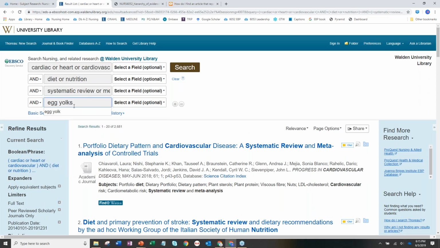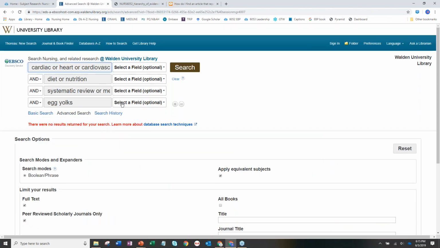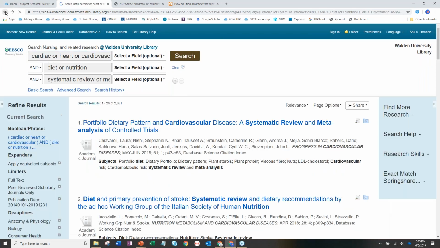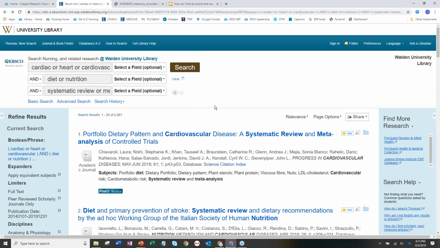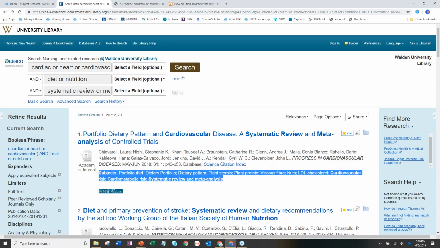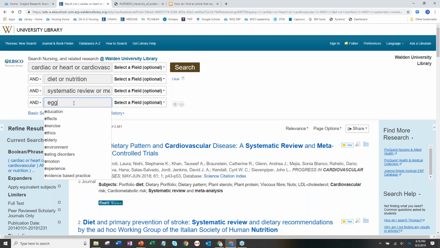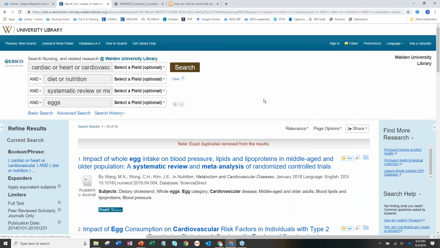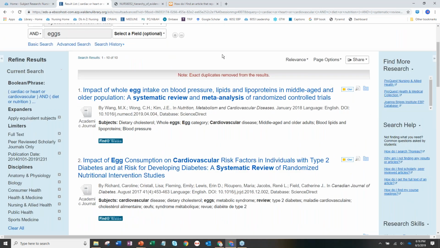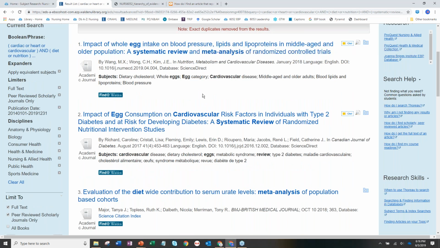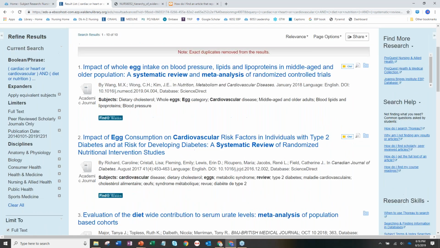If I'm really concerned about that egg yolks thing and I just want to see about the egg yolks, oh, nothing. Well, that would be because by default, this database searches the title, the abstract, the subject headings, and the keywords. And it looks like there probably wasn't anything done specific and only on eggs. Oh, yes, there is. There we go. So this is the impact of a whole egg. So that's good. I was too specific when I put in egg yolks, and I needed to just say eggs,